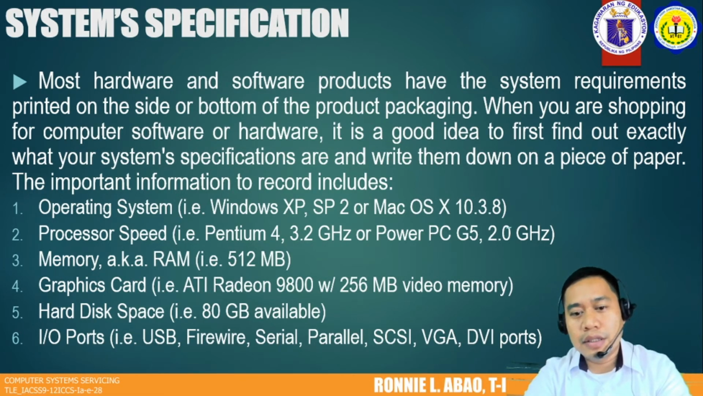For example, an ATI Radeon 9800 with 256 MB video memory. And number 5, hard disk space, 80 GB available. And number 6, I/O ports. Dapat meron siyang USB, Firewire, serial, parallel, SCSI, VGA, and DVI port. Yan ang mga example na mga system specification that can be found on the side or bottom of the product